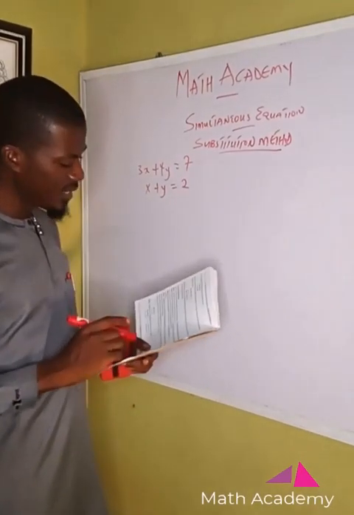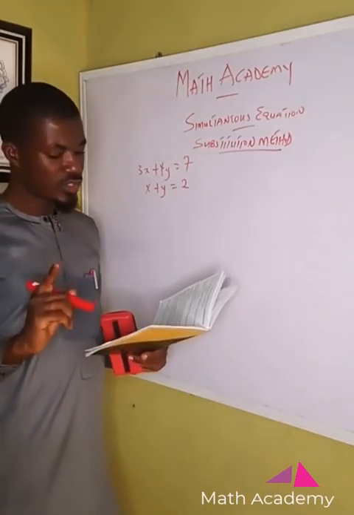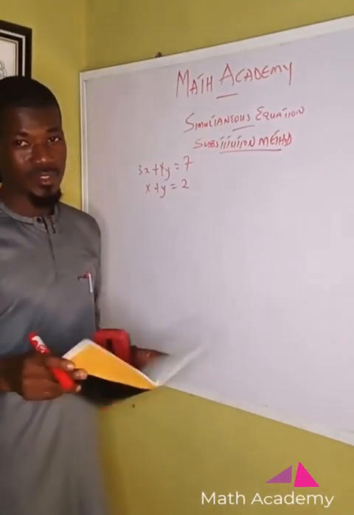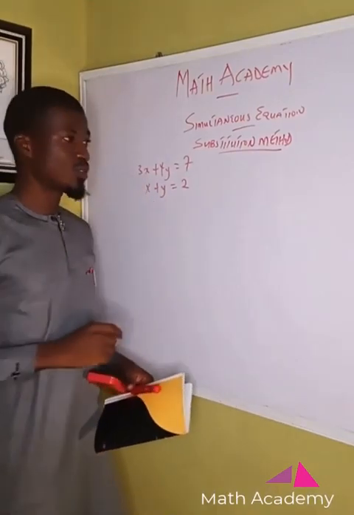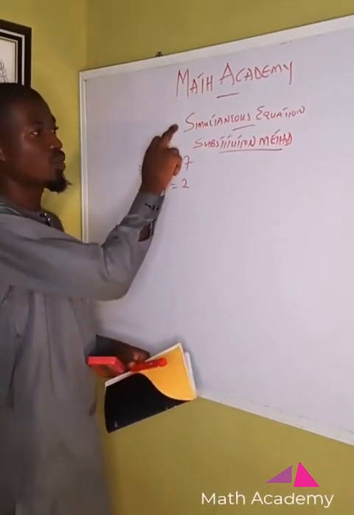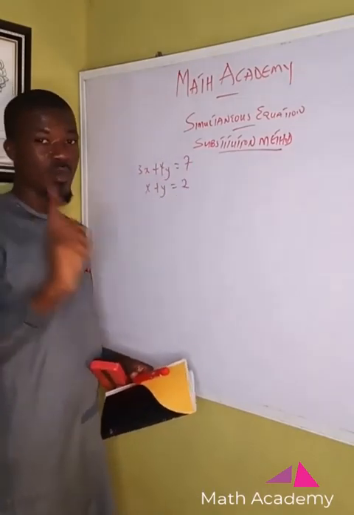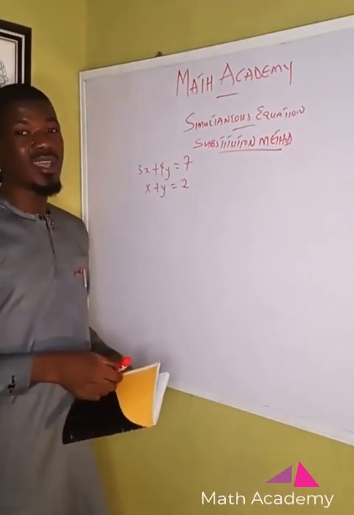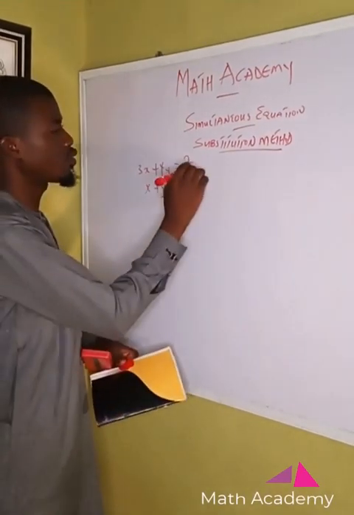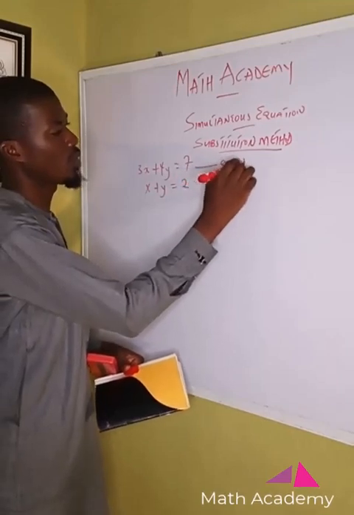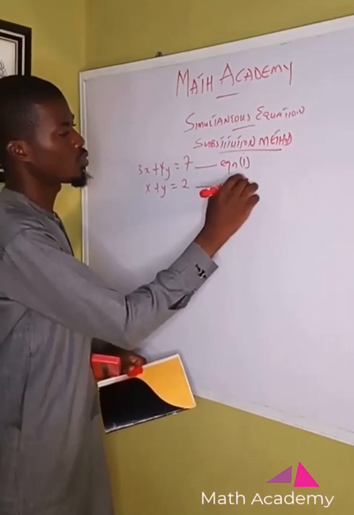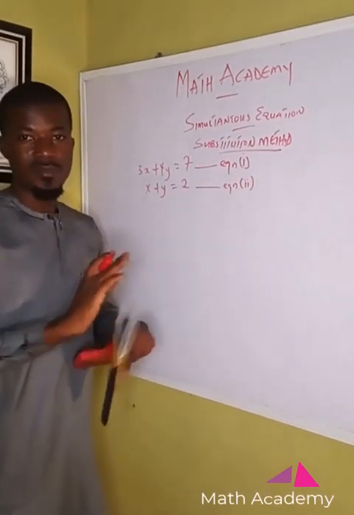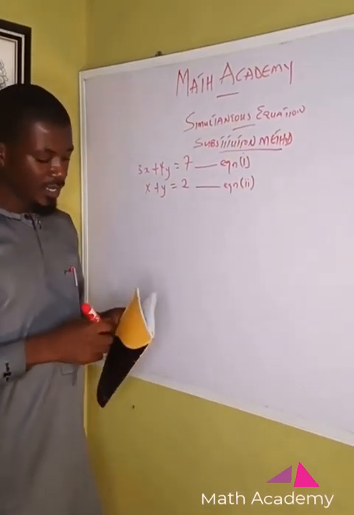Now, rule number 1 says, separate the two equations into equation 1 and 2. Remember, I told you simultaneous equation, you must have 2 equations. Why? Because we are finding 2 variables at the same time. Now, separate them, so you can say this one is equation 1, and I can say this one is equation 2, depending on how you want it. We are done with the first rule. Now, the second rule says,